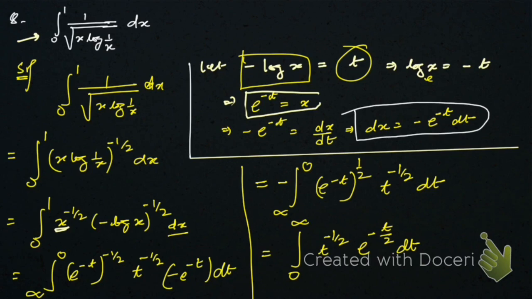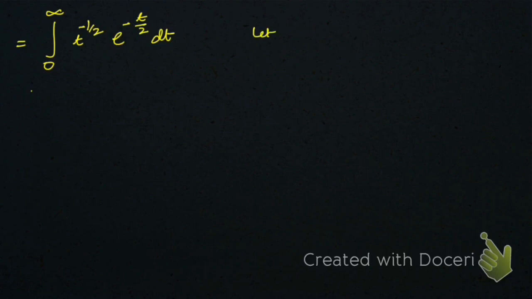Okay, let me copy this one and let me go to the next slide. So this is the new slide. Here, let us take t to the power 2 equal to p, right? Then if you differentiate it with respect to p, then what you will get,